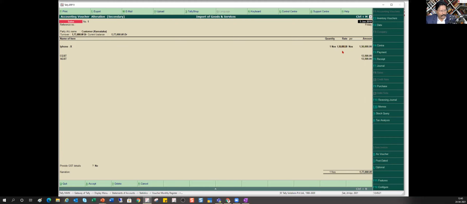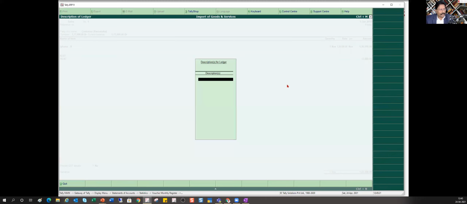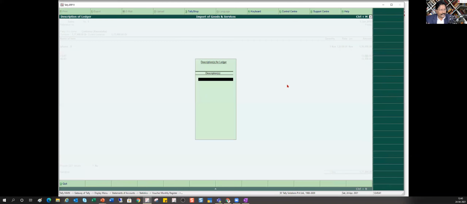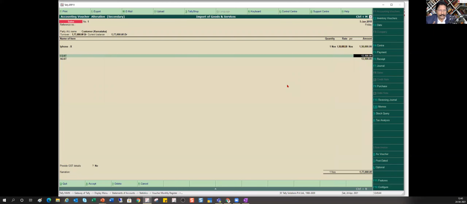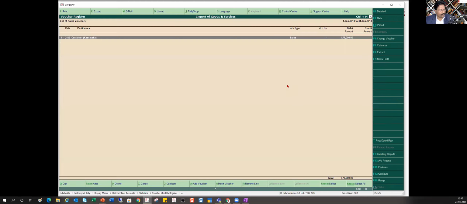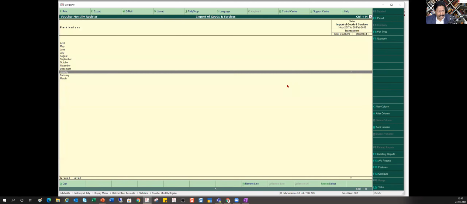So you are selecting your item, you are selling it, okay, and then CGST, SGST, you select, and it will apply automatically. And by mistake, if you select IGST, you will see that Tally will not calculate IGST because it is a local customer. So the moment you come here and type CGST, you will see Tally automatically calculate. Even if you remove this and enter, Tally will calculate. So whenever Tally calculates automatically, that means your master is right. So I've made the sale entry, right?